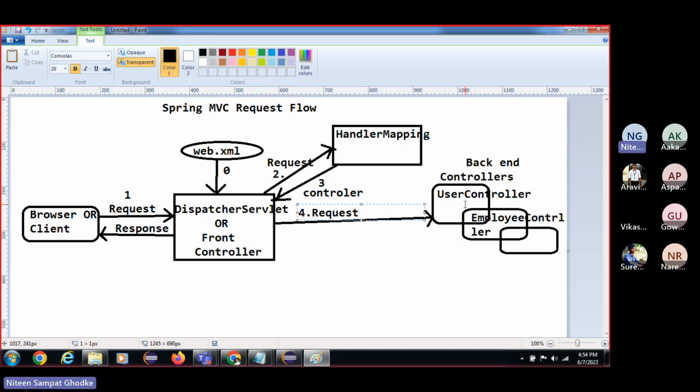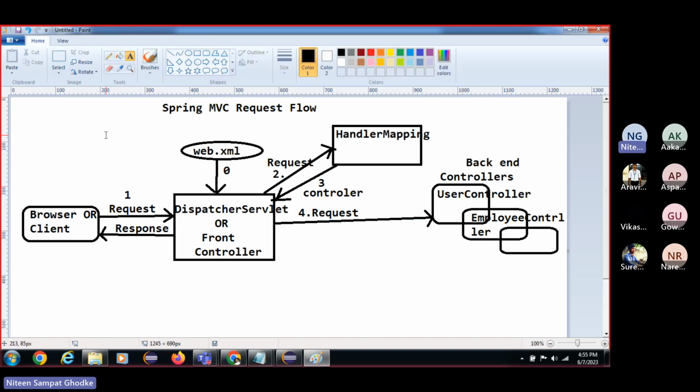So don't worry about it. That is not a part of this. So the DAO layer and the service layer are out of scope of this one. But here there might be the service, and there can be another one, the DAO, and there will be a database. That database is going to communicate. Just for the sake of understanding, I am going to tell you that as a request is coming here,